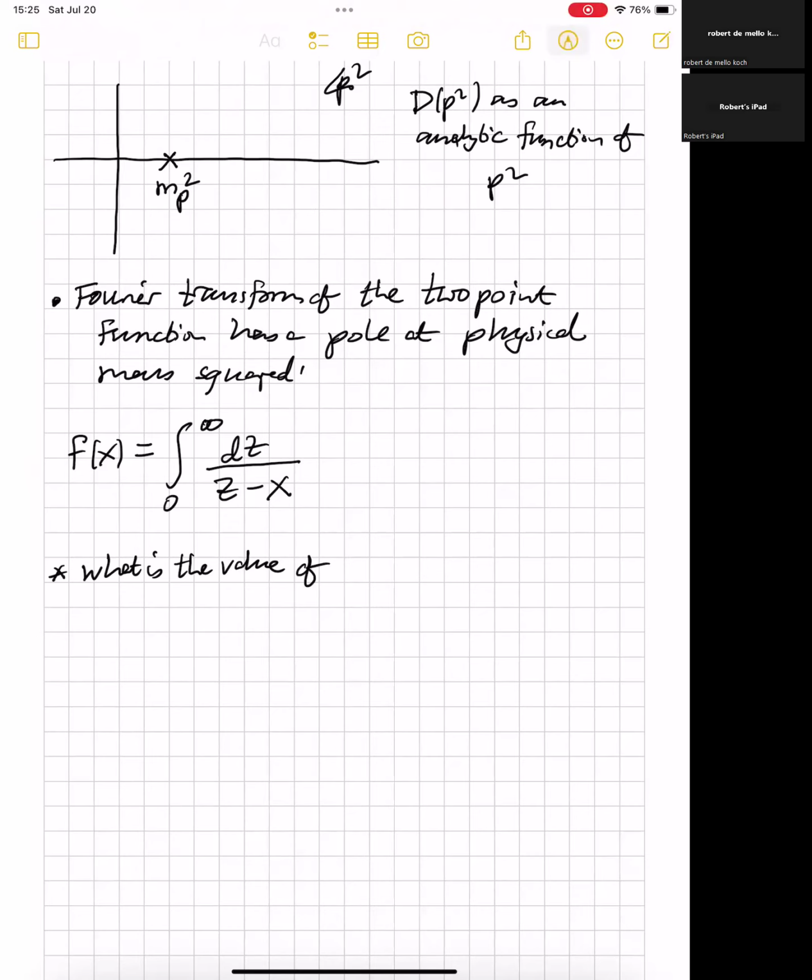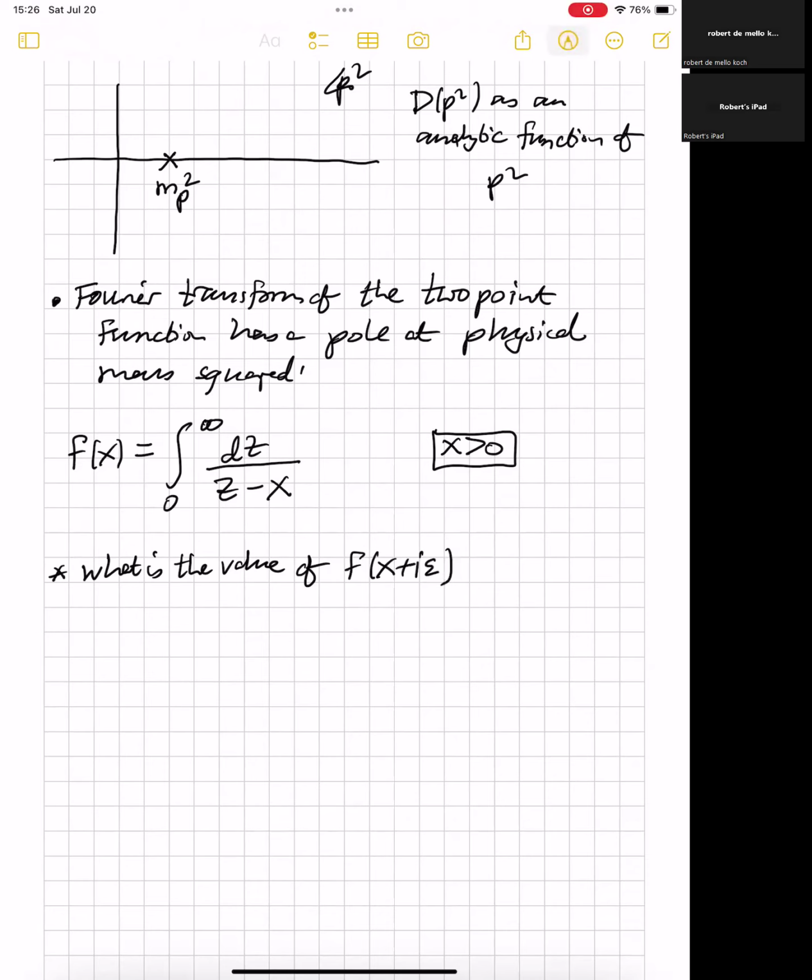If I was doing this integral, and let's imagine that in fact x is greater than 0, so we'll make that assumption, integrating over z, I run into the pole. And you already know that when we get to the pole, we have to say, do we go above the pole? Do we go below the pole? What do we do? So now I'm going to ask, what is the value of f of x plus i epsilon? So what do